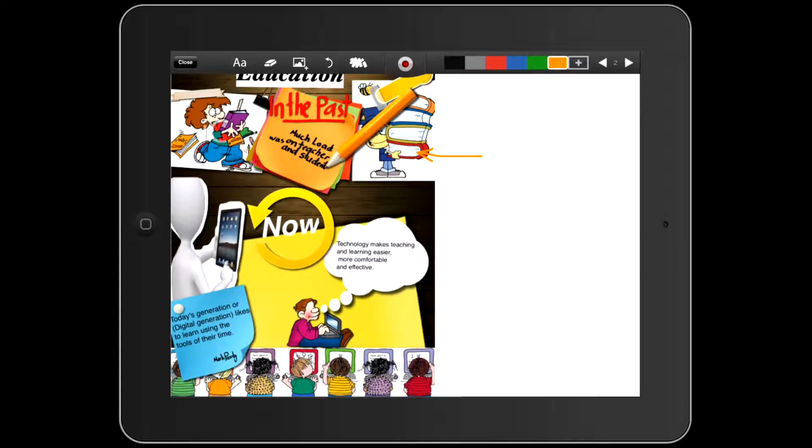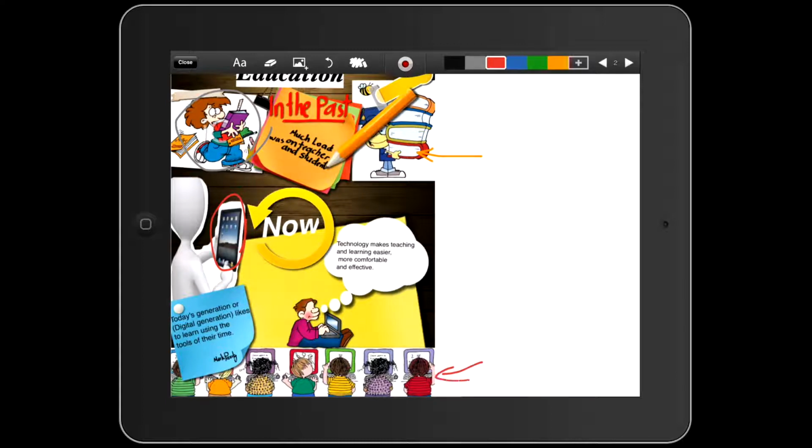So when the teacher came to the classroom, she had to bring a lot of things like books, posters, markers, and a lot of stuff to make teaching more effective. But nowadays, the teacher should have only her iPad. And inside this iPad, she can upload or download all of the apps that she needs in the classroom to make her teaching